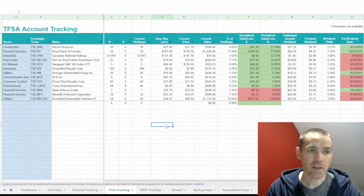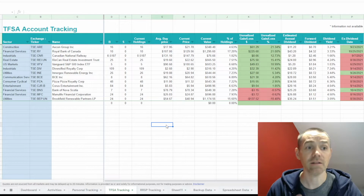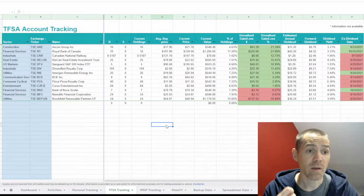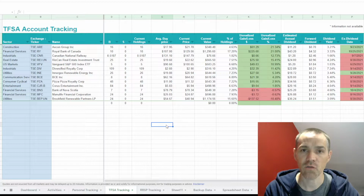So I currently own Aecon Group, Royal Bank of Canada, National Railroad, as I said, and RioCan, which is a REIT. I have one ETF in my portfolio, which is the Vanguard S&P 500 index. I want some American exposure, although they pay the lowest dividend of 1%, because it's not just dividend stocks in that US account. So I feel like this is not true to my account, but I'm keeping it in there